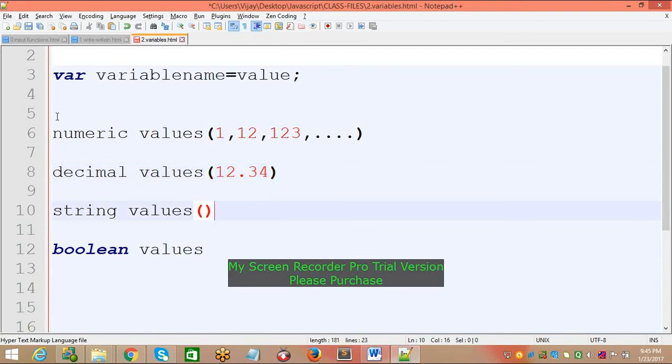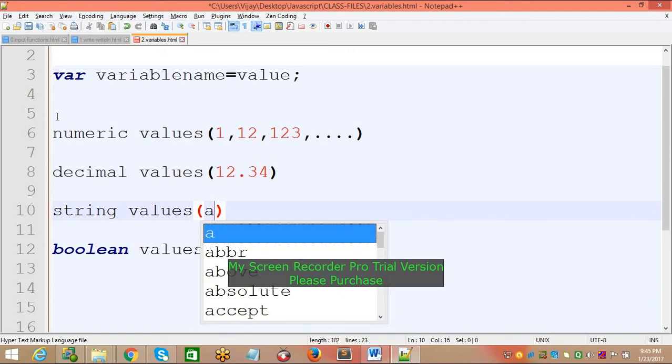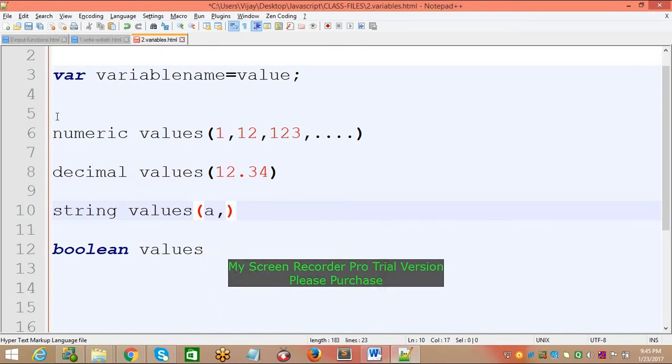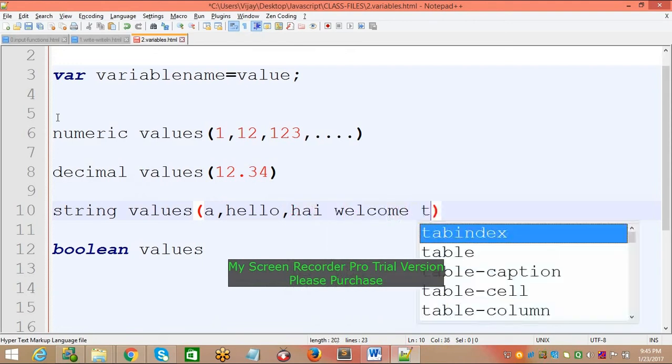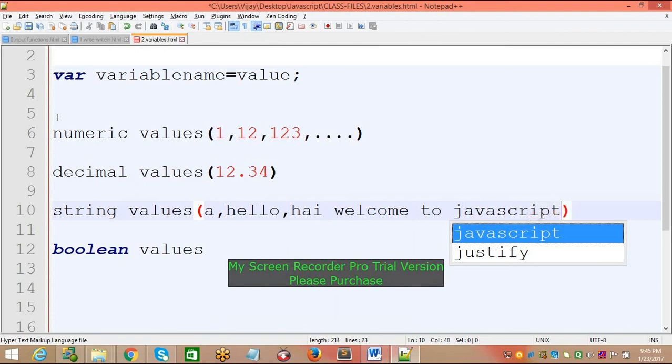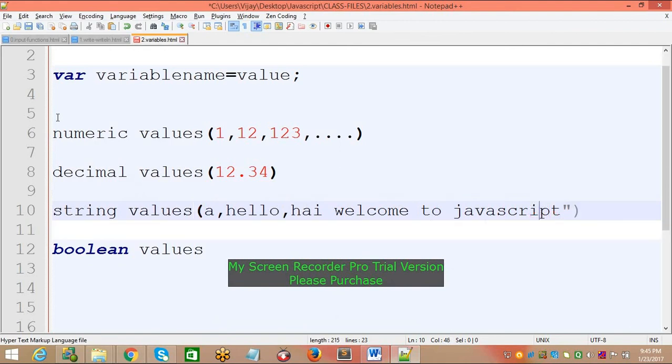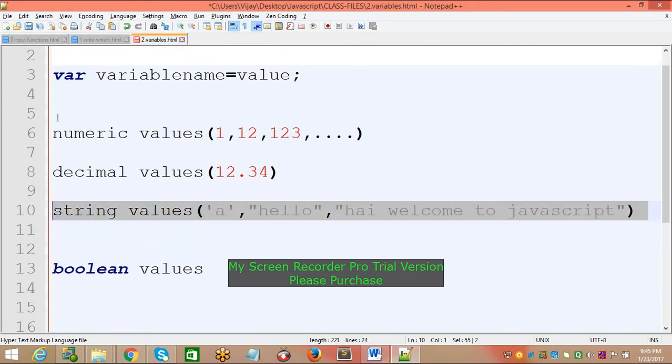String values are nothing but a character, a word, or a statement. Whatever it may be, it is enclosed in quotes, either single quotes or double quotes. That is called string values.